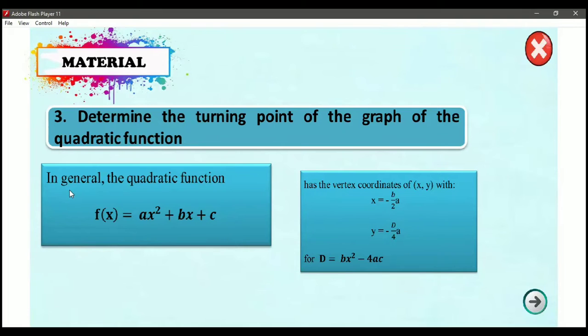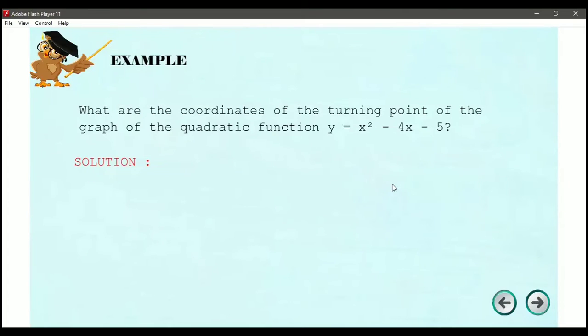This is the general form of the quadratic function. And this has the vertex coordinates (x, y) with x = −b/(2a), y = −D/(4a), for D = b² − 4ac. Next, this is the example for the coordinate of the turning point of the graph of the quadratic function. This is the equation. The solution is